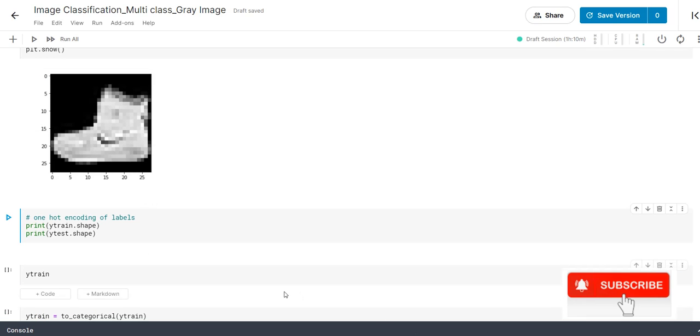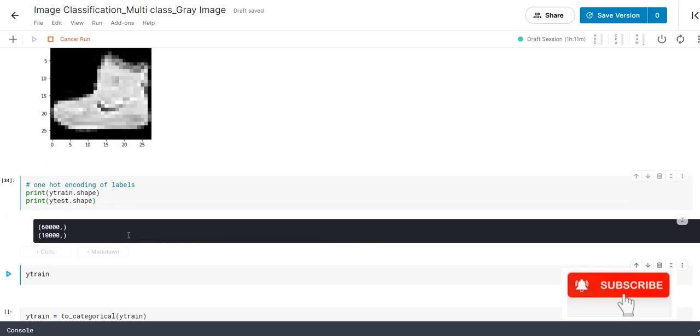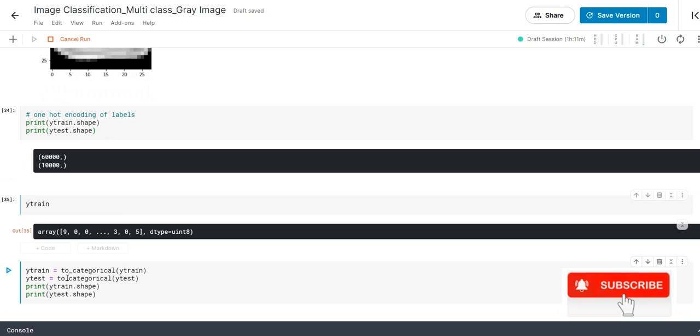Next step is one hot encoding of labels. This is the last step of data preparation. Let me execute y_train.shape and y_test.shape. So it has only one value of 60,000 and 10,000. Let me execute y_train. Here we have a set of values, so what we are doing is one hot encoding, which means we need to convert them into